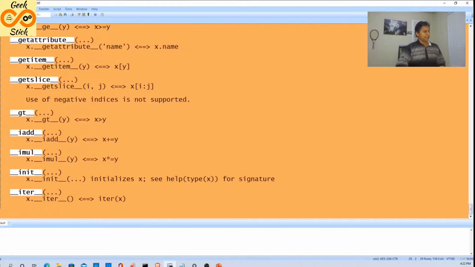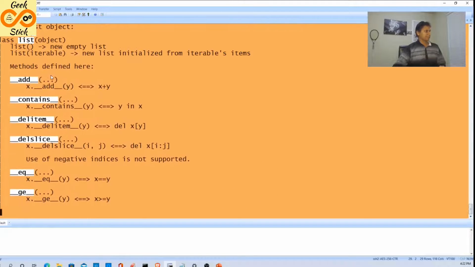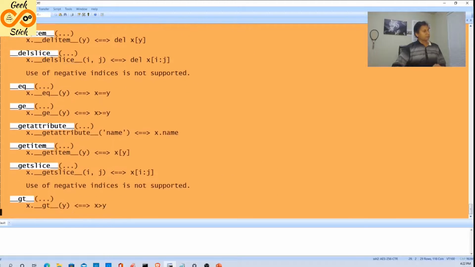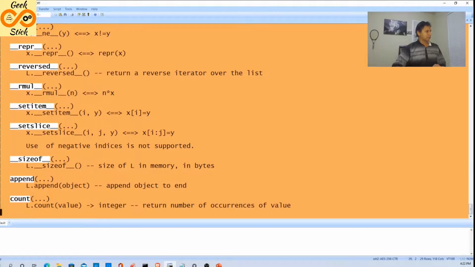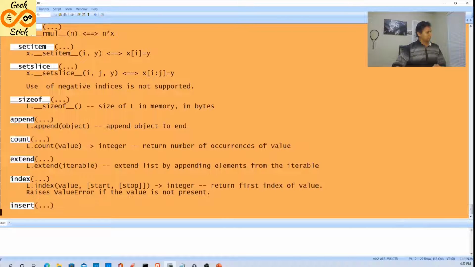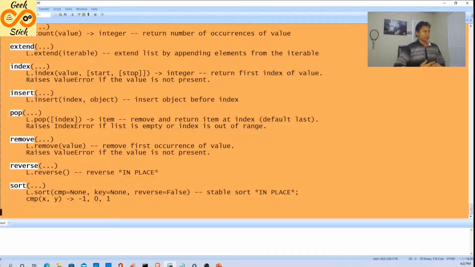Now let's see what else I can do. Here we have seen add. So first we will add a value, then find the length, then what else? Append, count, very good. Count returns the number of occurrences of a value. Pop and remove are almost the same, but in remove we can give a specific value to remove from the list, while pop removes the last one.